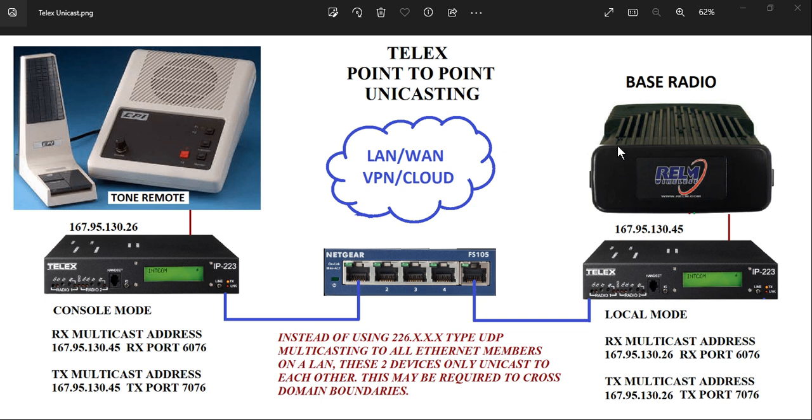So I'm going to start over here at the base radio, and I'm going to talk about when it's receiving radio traffic. The audio comes out of the base radio and goes into the Telex, where it is encoded into packets. And in this case, these packets are going to be sent to the address ending in .26, on port 6076. So as these data packets come across the network headed for this location, when they get over here to this Telex device